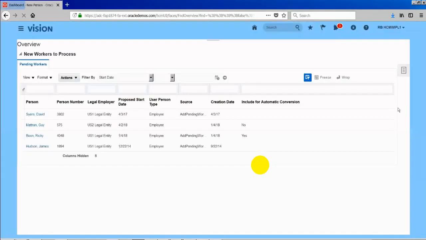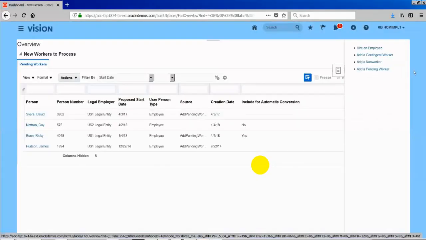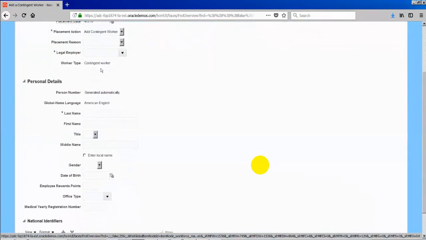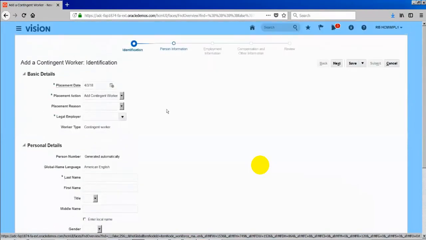So I'm going to new person. Accenture is not an employee. Accenture consultants came to implement the application for me, so I should not hire them as an employee. I will hire them as a contractor who will work temporarily and then go away. So I'm adding them as a contractor. Let us say they are going to implement for the US legal employer.